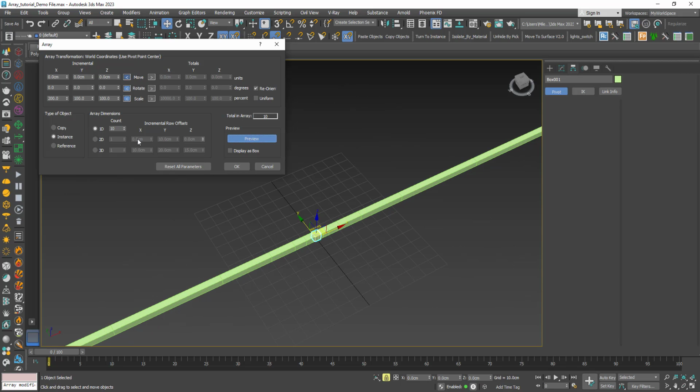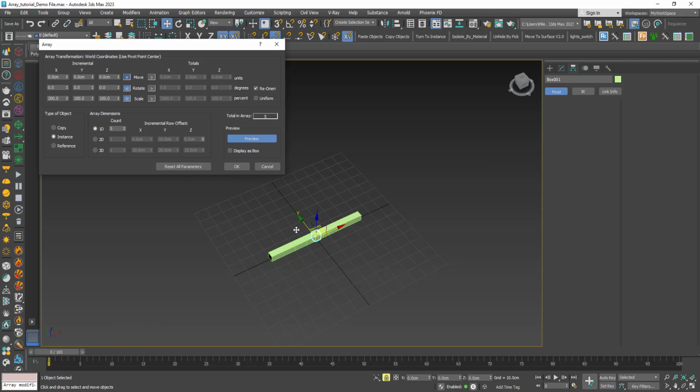Okay, I will reduce the number of copies to 5. So each copy is bigger than the previous one in the x direction only, the width, by 200%. If I click OK for now,